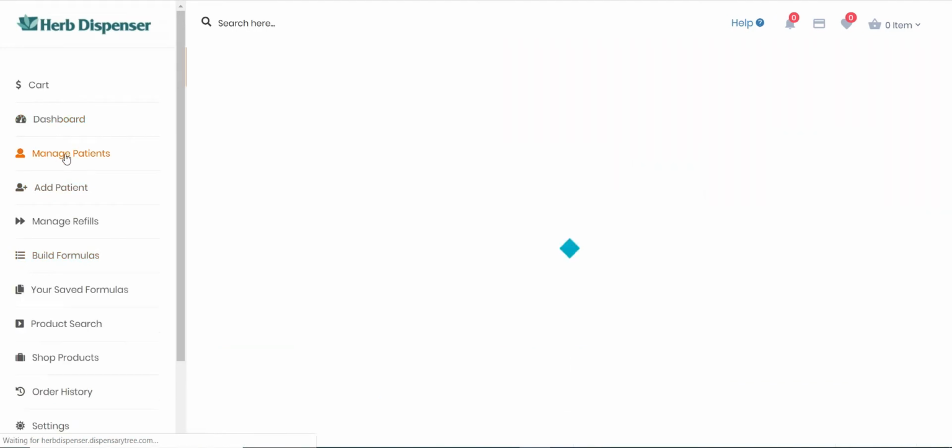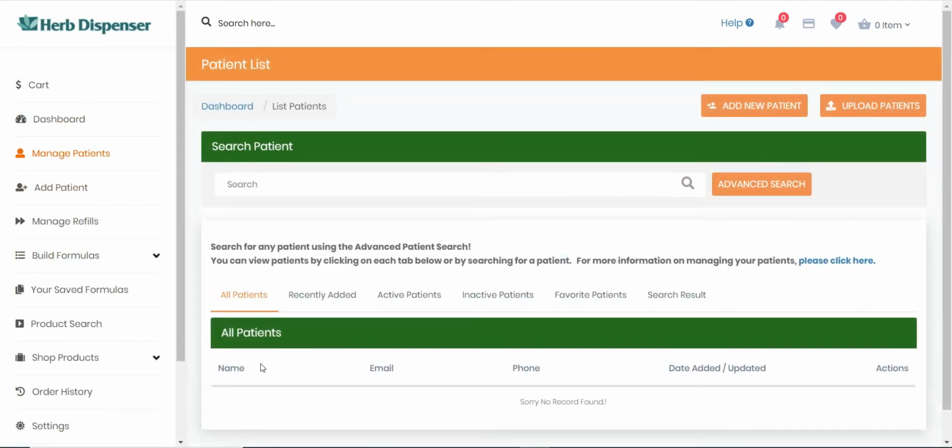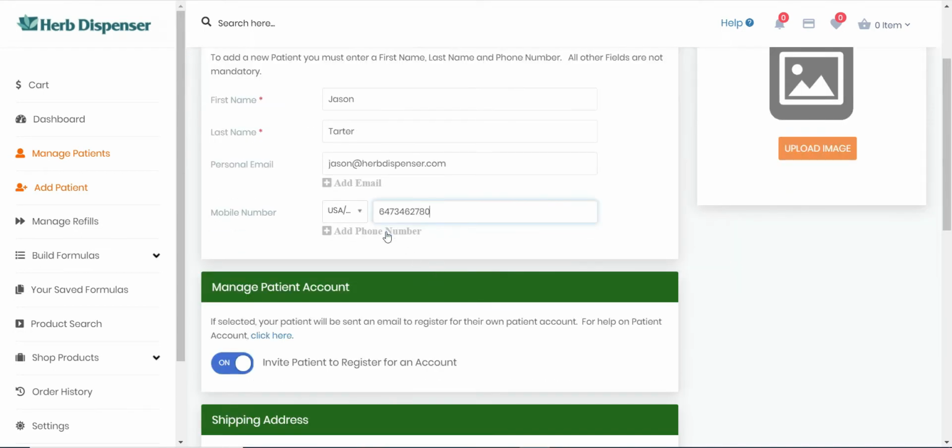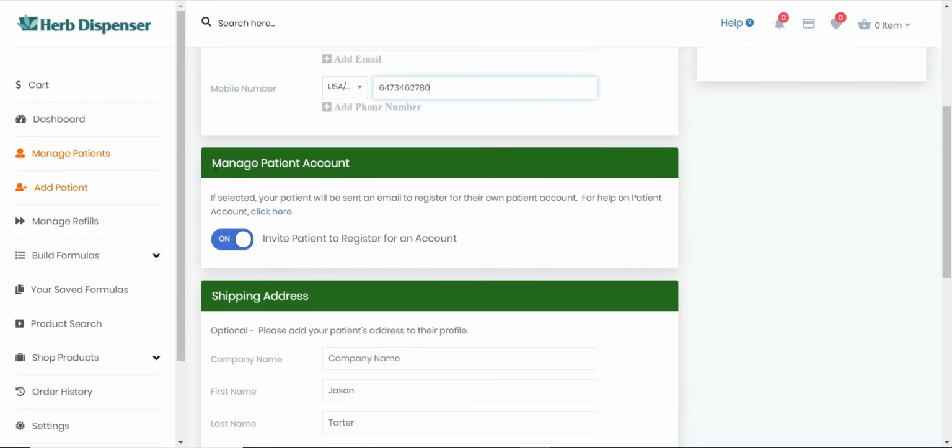We'll first start off with manage patients. So you can see this is a new account. We have no patients here. So we can add a new patient. I'm going to add myself as a patient. And for this, I'm not going to add an actual address, but if you want, you can send an email